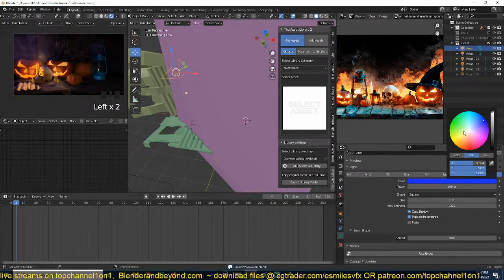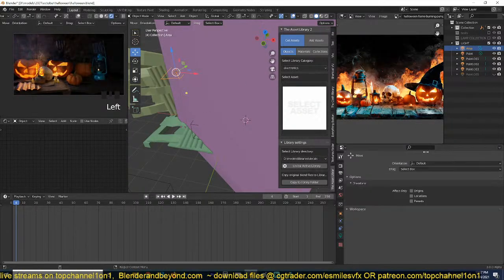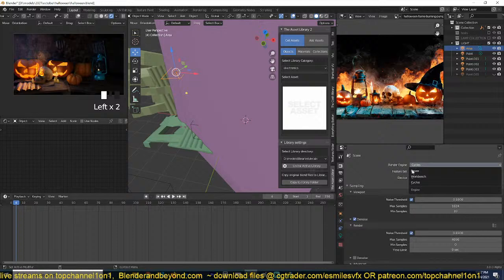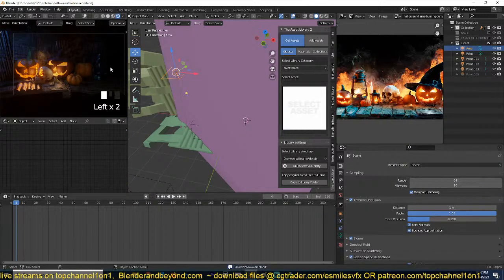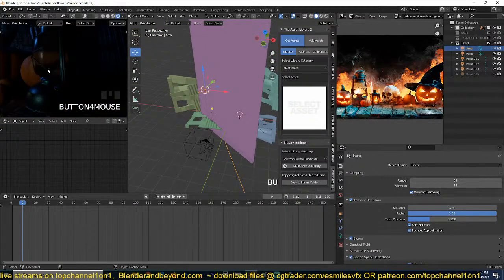I think for this Eevee might render this a bit better, because I think I like the Eevee look this time around more than Cycles, and it's also rendering faster. The only thing I don't like is that we are unable to see